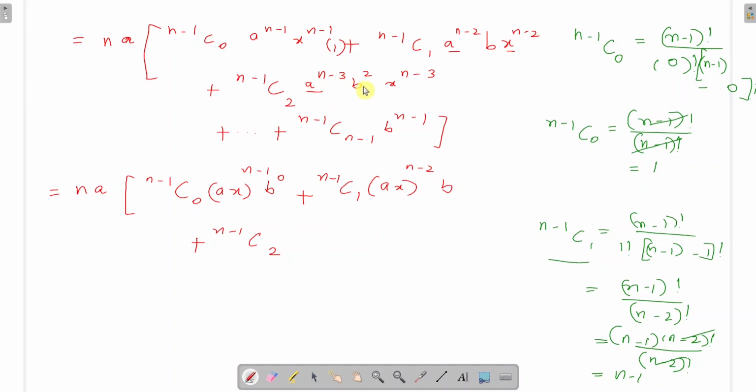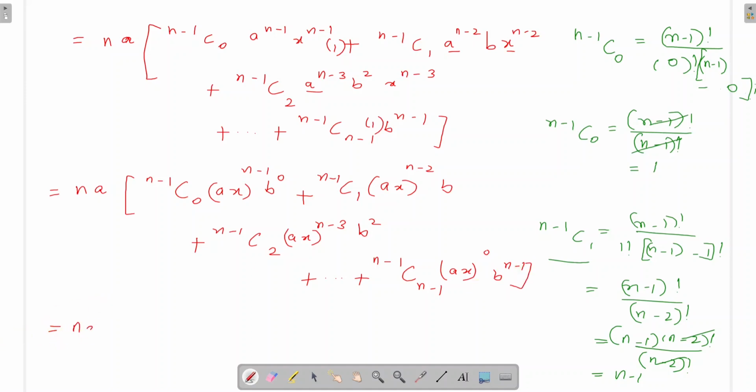Instead of writing a raised to n minus 3 x raised to n minus 3, we will write ax raised to n minus 3 b raised to 2. Okay, and then plus, here we will write the same, n minus 1 c n minus 1, and instead of writing 1 here, we will write ax raised to 0 times b raised to n minus 1. Okay,